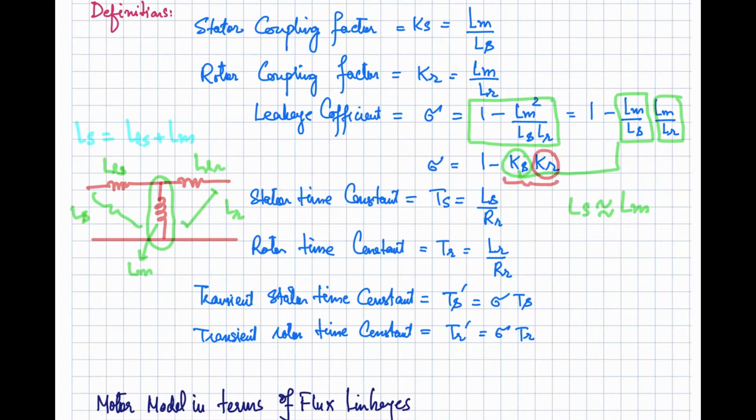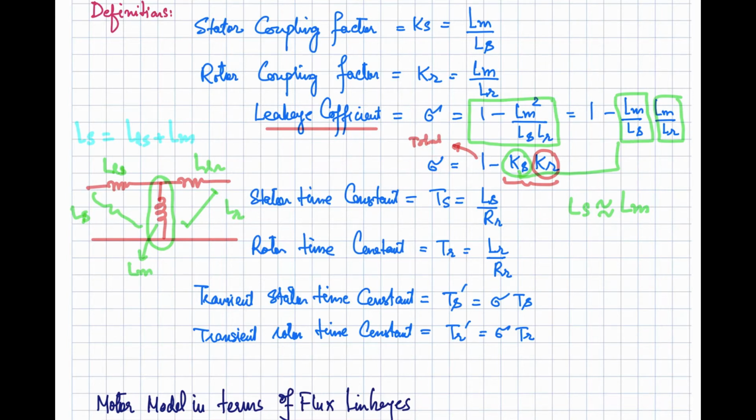This is the useful flux linkages, because this is giving us the coupling, and 1 is representing the total. So total flux minus this will be the flux that is leaked out, that is not useful, that is not linked from both sides. So the leakage coefficient, ideally speaking, should be 0, because these two terms Ks and Kr should be approaching 1. If they are approaching 1, you will get this term as 0. So this is representing the leakage flux.